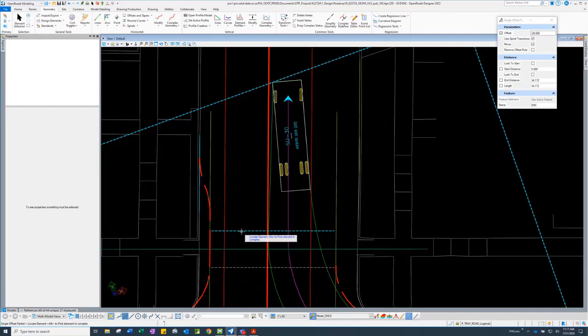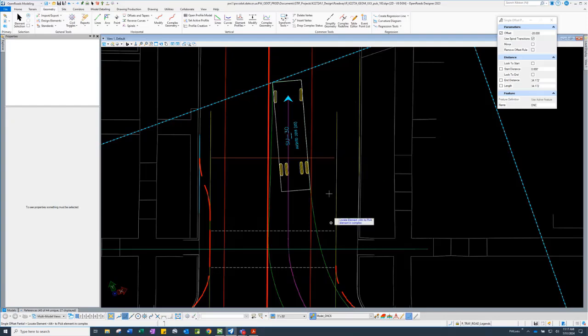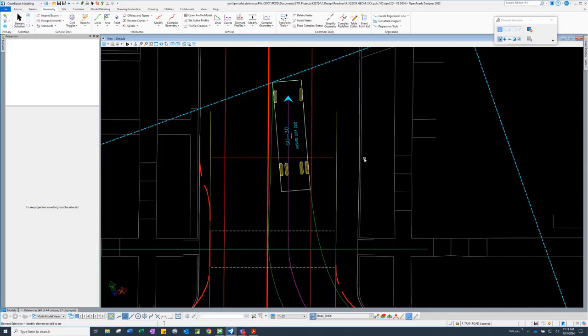I take my intended crossing line, and I'm going to come up here, and I'll pick this side, and I do not want to mirror. Say no. So that is my floating line, my construction line to go off of. So at that point, I look and I say, uh-oh, it doesn't extend far enough. We can just quickly do the extend line command from MicroStation, pick the end, and extend it across our existing